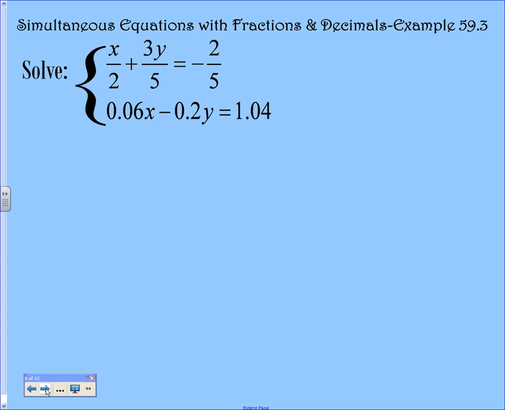So how do we get rid of fractions? Multiply by, which would be what? Okay, so what would x over 2 become? Okay, 5x plus 6y